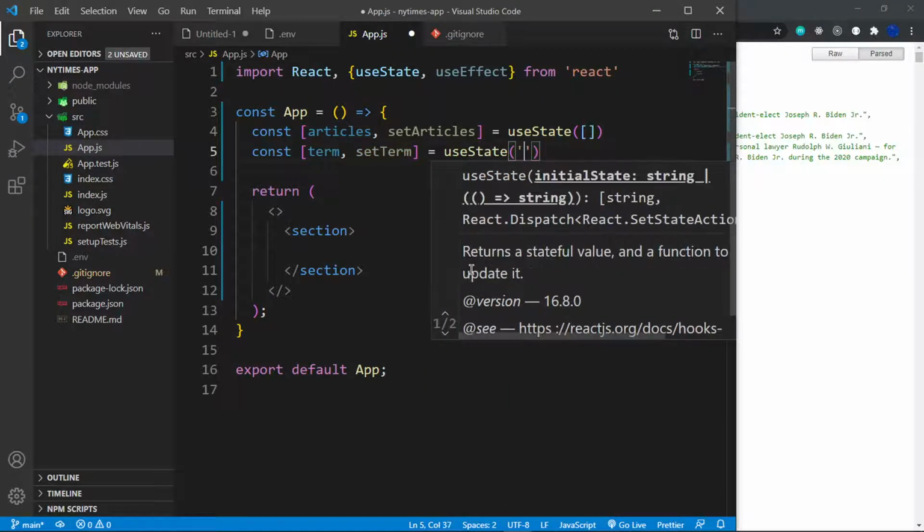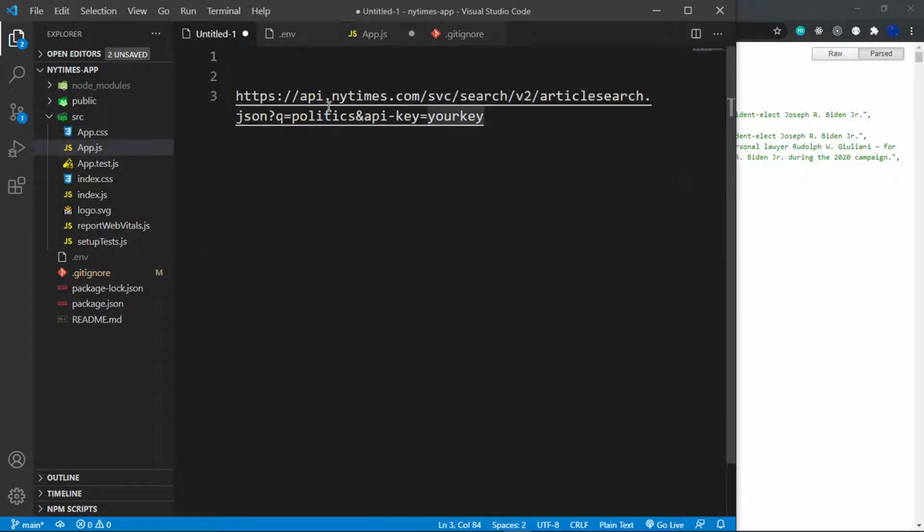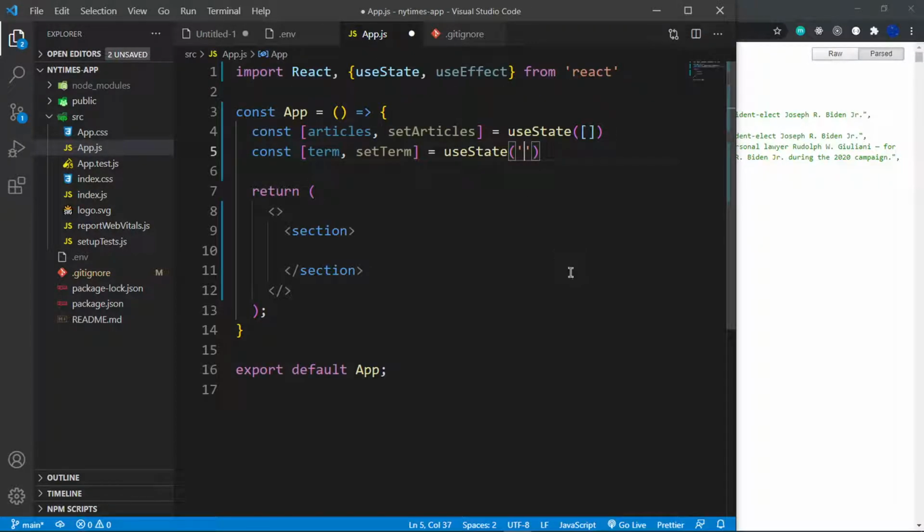And by default, I want to fetch articles about everything really, so I'm going to set my state value to a string called everything